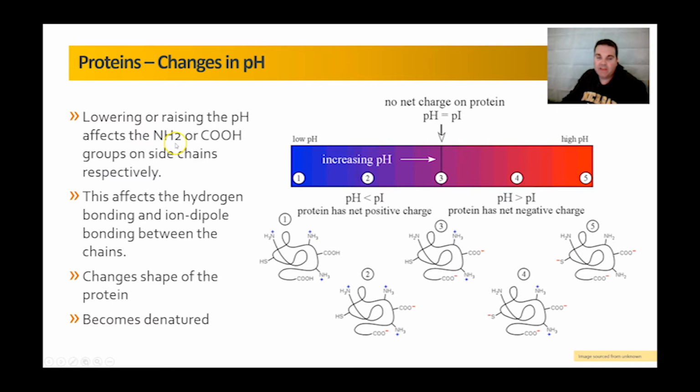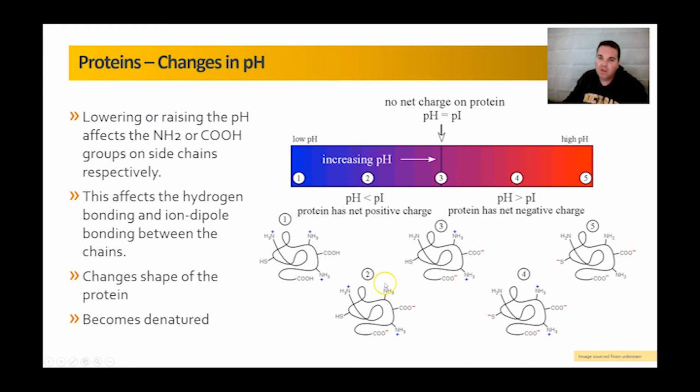When we change the pH, this comes back to the ability to protonate an amine or deprotonate a carboxylic acid. So when you have a low pH here, you've got protonated amines, but you don't have a deprotonated carboxylic acid. When we go too high in pH, we have deprotonated carboxylic acids, but we don't have a protonated amine. You can see we also have an impact upon the sulfurs as well. All right, where we deprotonate the sulfurs on the cysteines that we've got here,